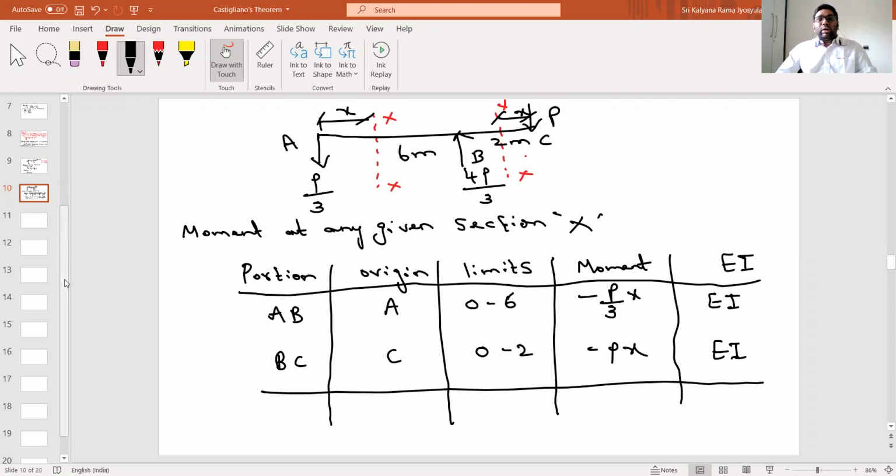Now, why did we divide the beam into two parts? Because it's an overhanging condition. Let us say it is a normal simply supported beam with a point load at center or anywhere, even then it is easy to divide it into two components and derive the expression. So two things are important here: taking the origin point and following appropriate sign convention. This is going to be one of the important aspects for the calculation of deflection at any given point.